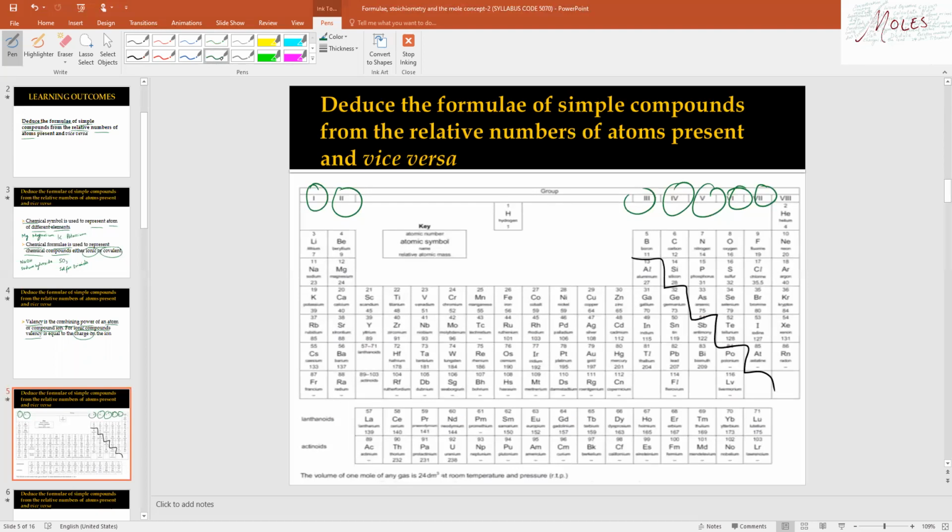Now look at this periodic table. Here are the valencies of different groups: 1, 2, 3, 4, 5, 6, 7. This will help you in predicting the valency, and it will be helpful while predicting the chemical formula between two different elements. Transition metals are the only exceptions as they have more than one valency. These are the transition metals. They have more than one valency.